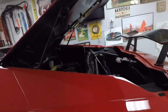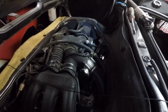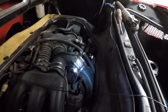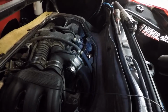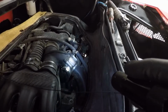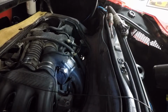I know a lot of other people also changed to 996 intake and bigger tubes and that kind of stuff, but it's like a nightmare when you do stuff like that in California, and for smog. I mean, you'd have to swap it all back. The problem is when I registered this car, they didn't let me do smog exempt like the last car I built, which is a real downside this time around because you can't fumble around too much with the engine, airbox and all that kind of stuff,